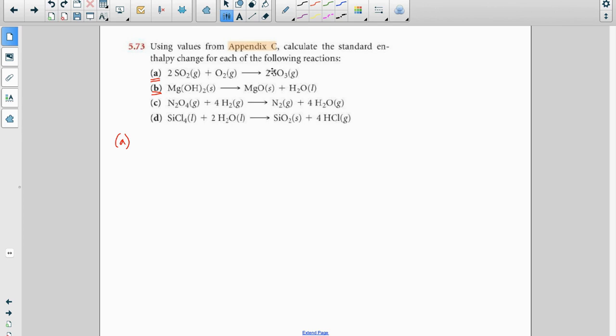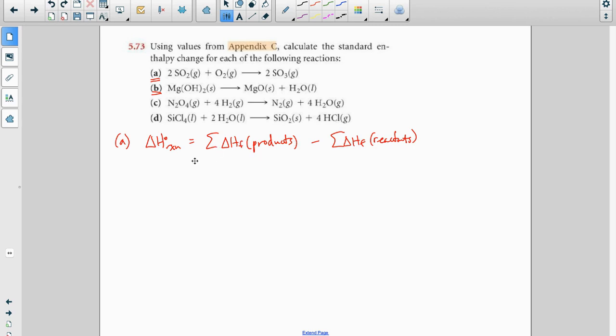Okay, and then we go ahead and use our summation formula to find the delta H. So here we'll start off by writing delta H reaction is equal to the sum of the heats of formation of the products